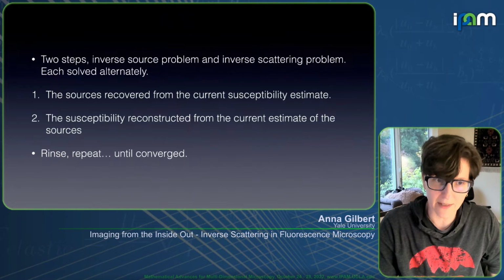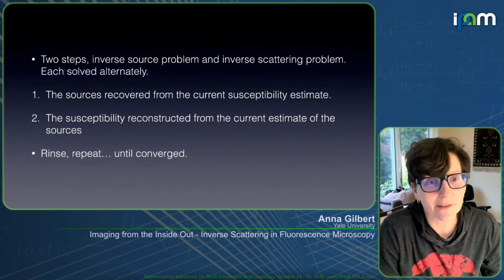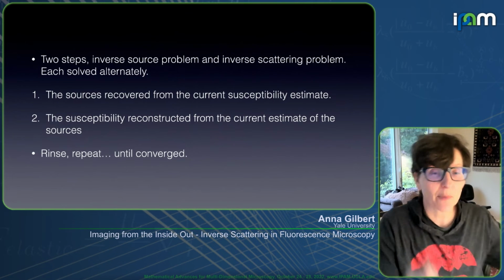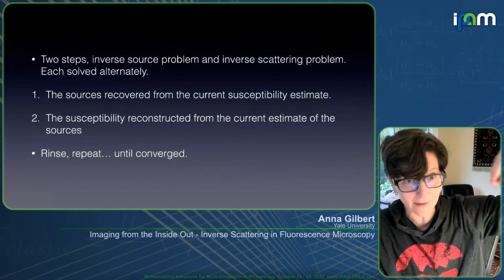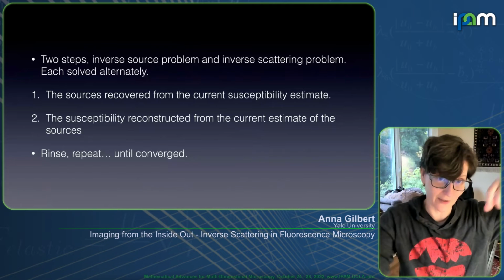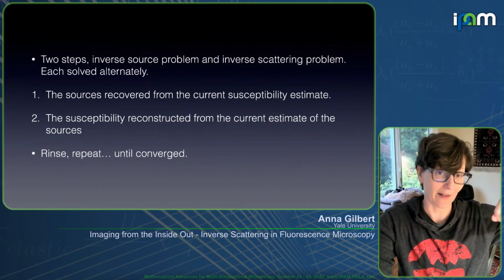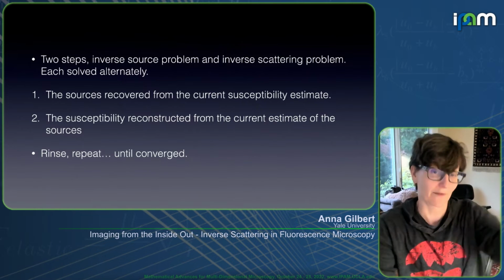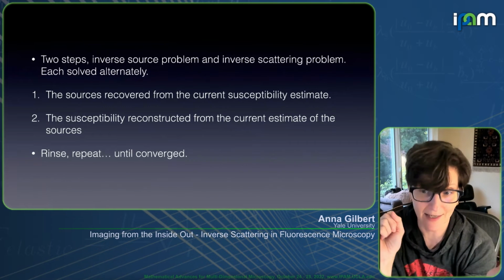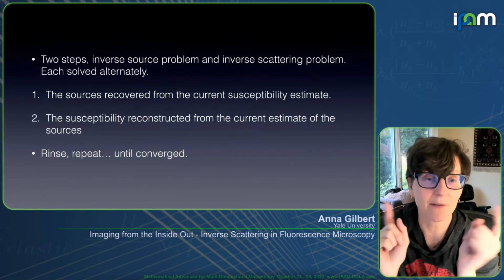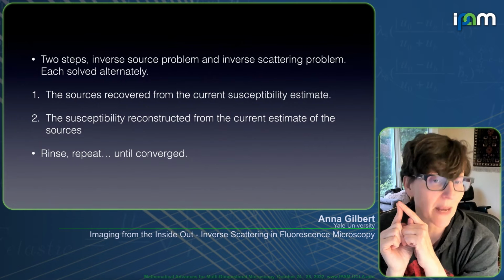And so now this gives me an idea, and that is to iteratively solve, go back and forth between first finding where the sources are, and then reconstructing inside the medium the susceptibility, and then using that information to refine my estimates for the parameters of the sources, and iterate back and forth until I've converged and hopefully get a better picture